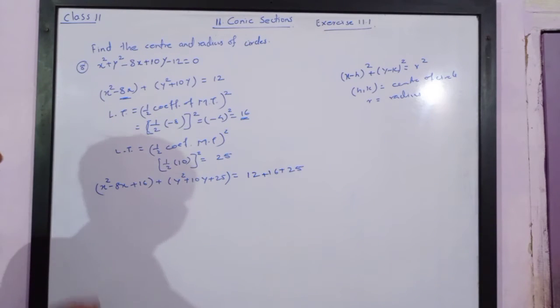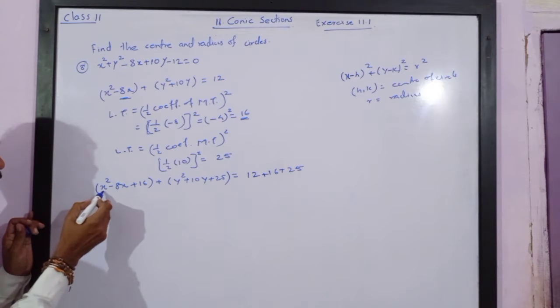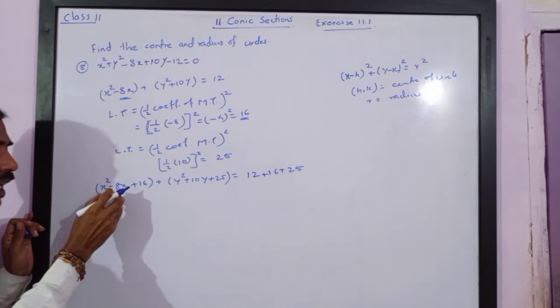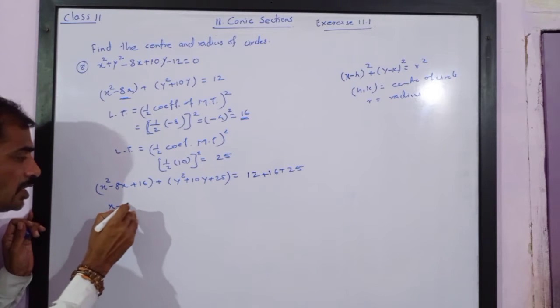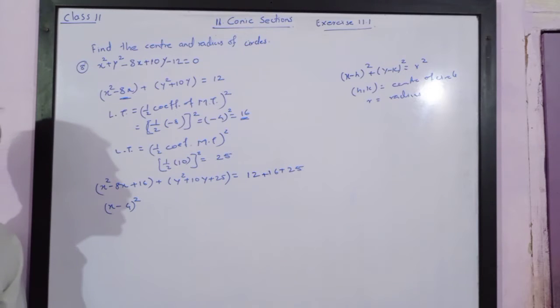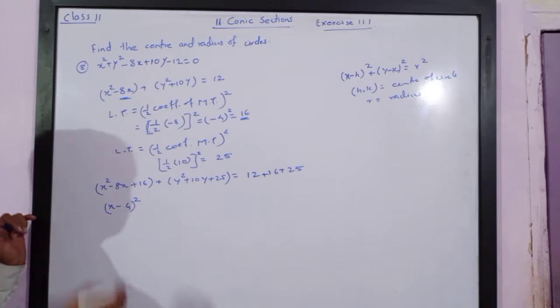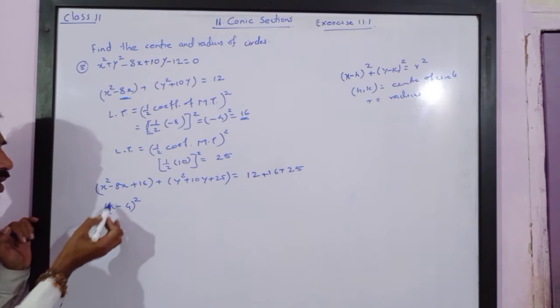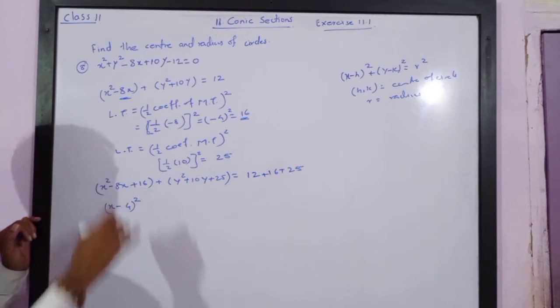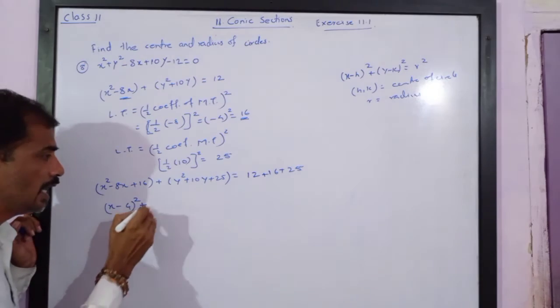So this is nothing but, please note, since the sign of the middle term is negative, this is equal to x minus 4 bracket square. You can expand this and check whether you are getting x square minus 8x plus 16 or not. See how to write: square root of the first, sign of the middle, and square root of the last term. So by using this, you can write or expand this, you will get the same term. Let us write the next term.